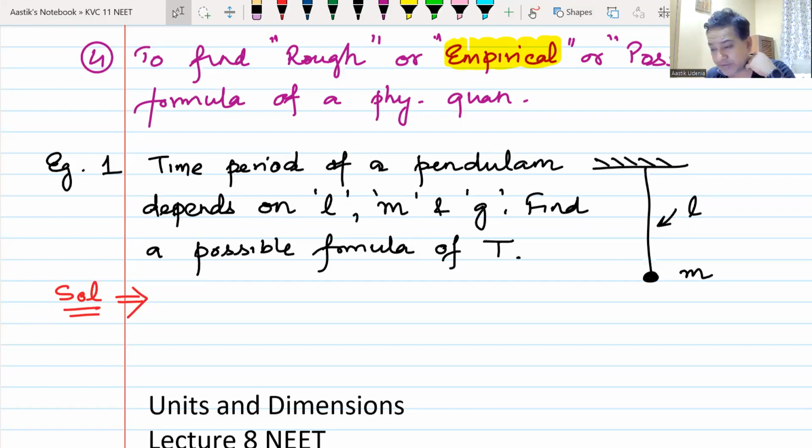And I had given you an example as well. The diagram that is shown here is a diagram of a simple pendulum, and we had seen that the time period of the pendulum may depend on the length L of the pendulum, the mass m of the bob of the pendulum, and acceleration due to gravity, which is g. Now, based on this information, can you find a possible formula of time period T? That is the question that we had seen,